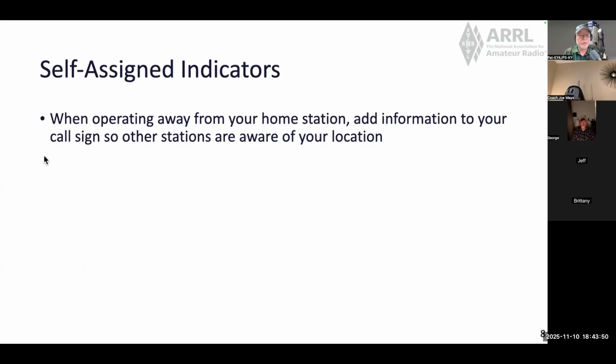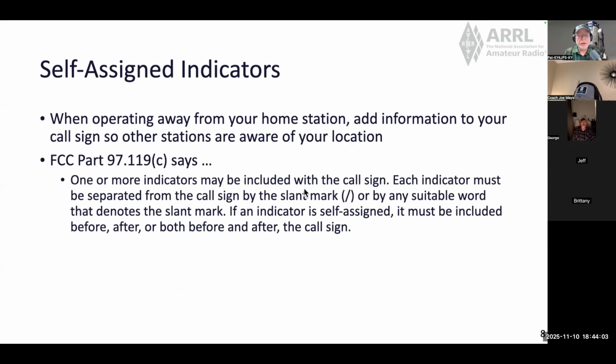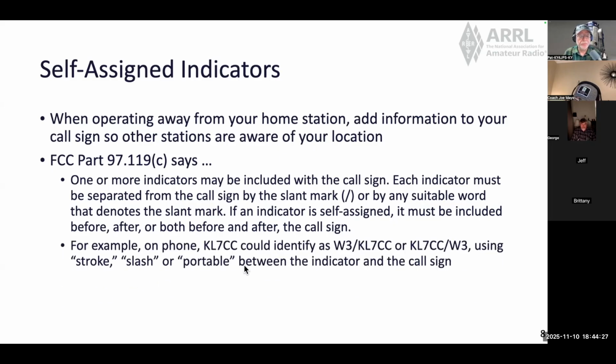Self-assigned indicators. When operating away from your home station, add information to your call sign so other stations are aware of your location. FCC Part 97.119 says one or more indicators may be included with the call sign. Such indicators must be separated from the call sign with a slant mark, I call it a slash, or by any suitable word that denotes the slant mark. If an indicator is self-assigned, it must be included before, after, or both before and after the call sign. For example,